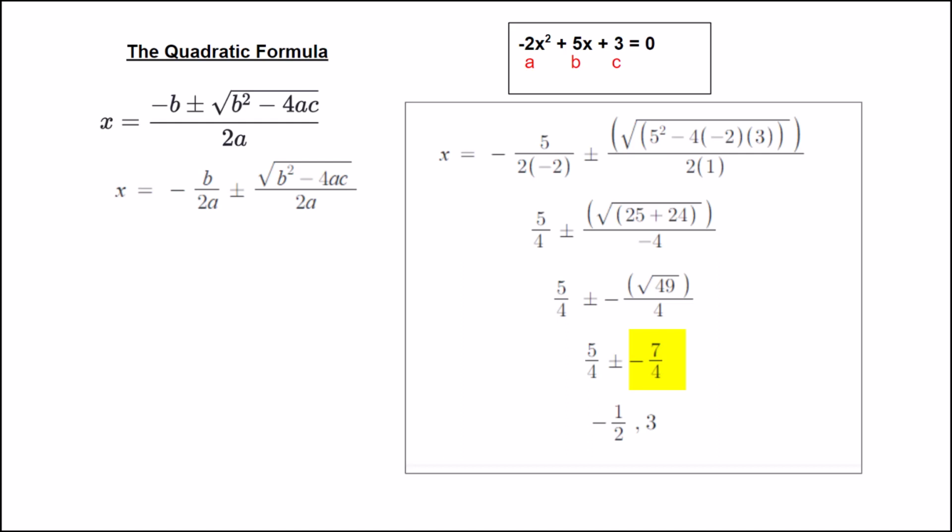So for the two answers we expect, we get 5 over 4 plus negative 7 over 4, or 5 over 4 minus a negative 7 over 4. That gives us negative 1/2, or 3 respectively. And that's it for the quadratic formula. We've now seen a way that we can solve any quadratic equation when other means fail us, or we're having a difficult time, or we just need to check our work. Let's break here. When we come back, we'll talk a little bit more about factoring polynomials